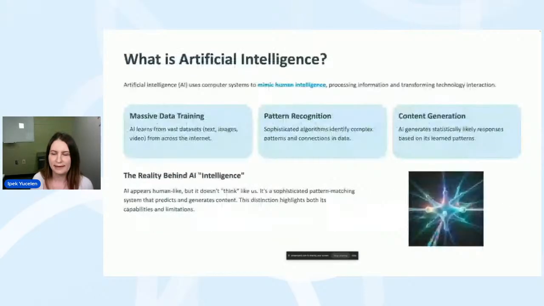So what is AI? It is actually a computer system that mimics human intelligence. And when we say that, it kind of sounds scary, and that's why people are scared of it. It sounds like it is mimicking human intelligence, but it is actually not thinking as humans do. So it is important, therefore, to understand how it works. All it does is it is trained by a database.